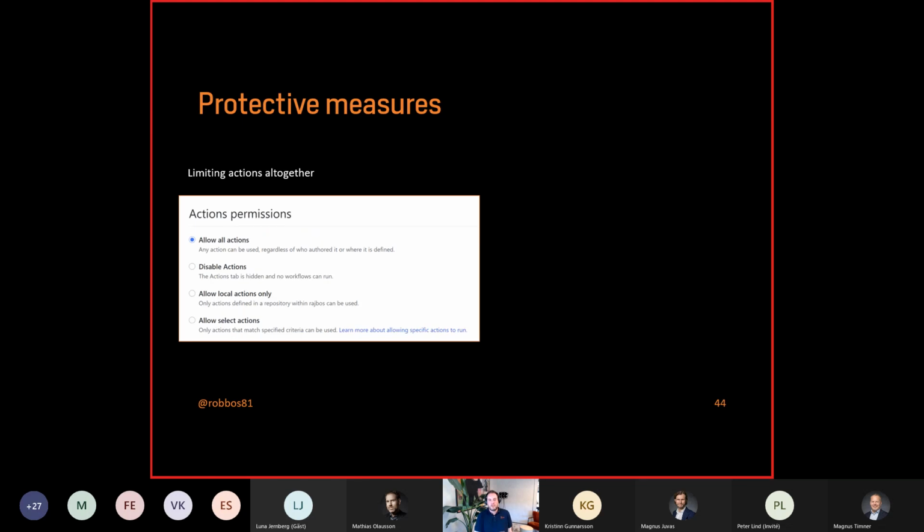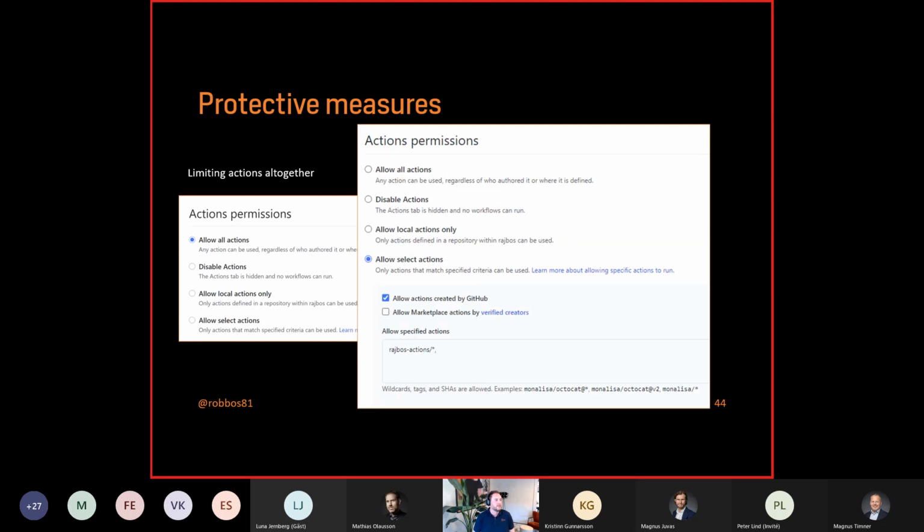You could, of course, say, well, limit all the actions altogether. Never ever use actions. It's scary. Bob scared the shit out of me. I cannot use it. Well, I'm a DevOps engineer, and that's, of course, no real good stance. And you need to protect yourself and take up the responsibility and do something for that.